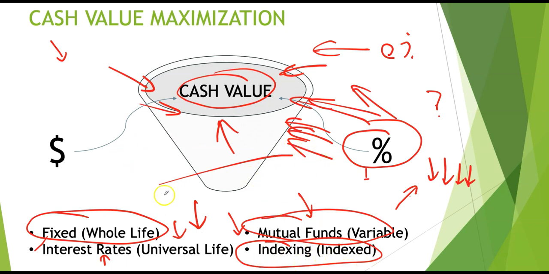So as long as they're properly structured, you could have a much more favorable route leveraging an IUL than a whole life. Now, that doesn't mean that individuals should not go into whole life. That just means that if they're trying to leverage a cash value maximization plan, it depends on their situation. If individuals are more risk averse and they say, I just want to have this fixed rate of return, I understand the concept of an IUL, but I like the fixed, then they go with whole life. If they don't like the concept of fixed because they feel like the rates are too low and they want to have a higher growth projection, then they might want to go with an index universal life.